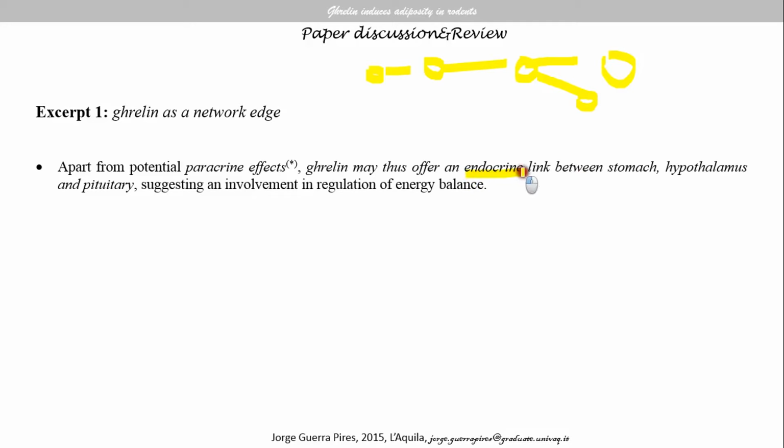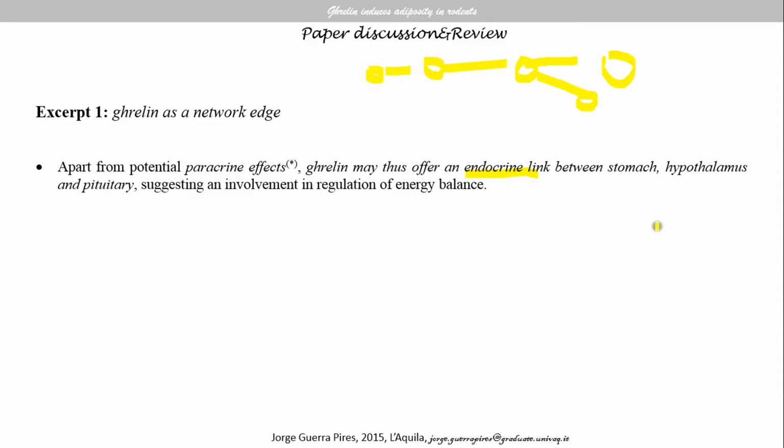Endocrine linking. Sometimes people nowadays, for the kind of connection that Ghrelin is creating, like to use not endocrine linking but neuroendocrine linking, because it's a connection between the periphery and the brain. However, if you look in the books of physiology, the word neuroendocrinology or neuroendocrine is not very easily found. You can find it on the internet, but not in the books. So I think it's a new name, still trying to catch on.